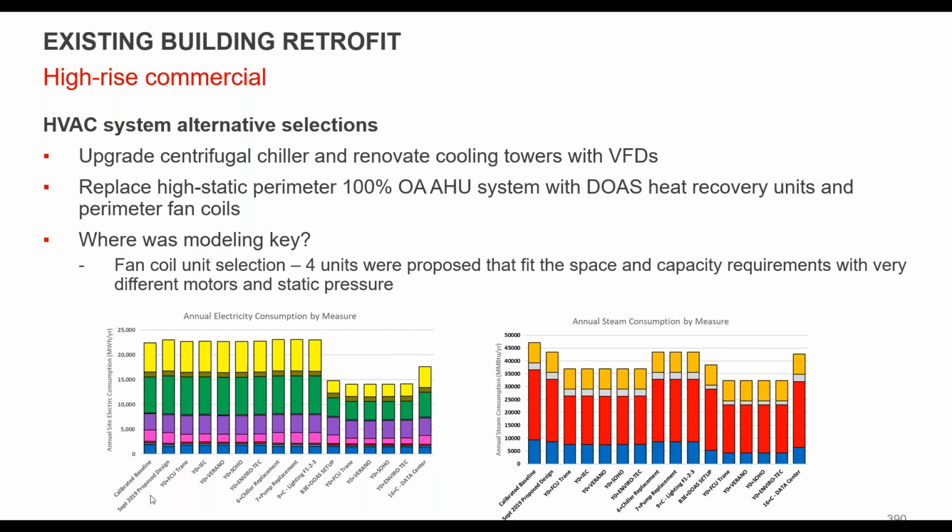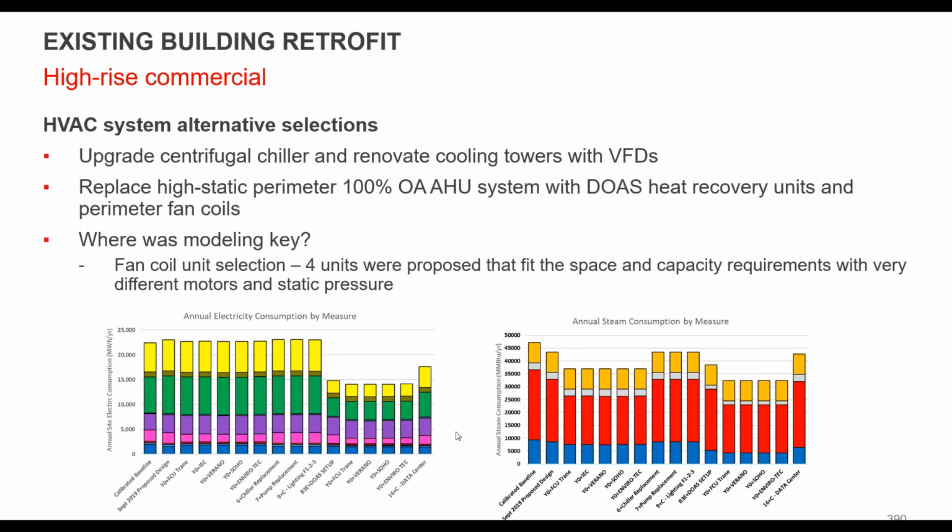And the way we presented the data here is that we had a design, say back in September of 2019, that was what was on the drawings, and that was our first step. We had the calibrated baseline, and we made all those changes. And you'll see there was very little electric change. It actually went up a little bit once we looked at the existing design, and steam went down a little bit. But a lot of these things didn't have a whole lot of change, and this was kind of before we were looking at this triple pane glass option, right? So these were all kind of isolated and modeled out separately.